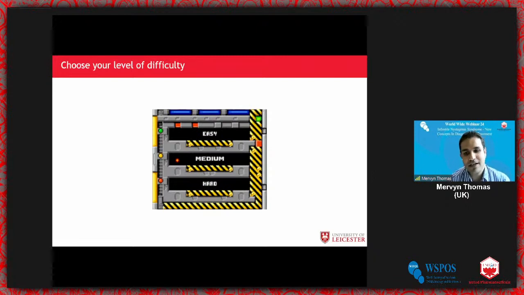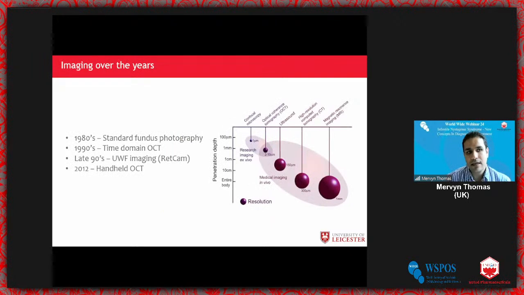But imagine a child who has nystagmus as well, where the target or the actual eye is oscillating, which makes it even more difficult to capture the area of interest. So that's ultra hard, I guess. Over the years, pediatric ophthalmology imaging has evolved. In the 1980s, you had standard fundus photography. In the late 1990s, you had time domain